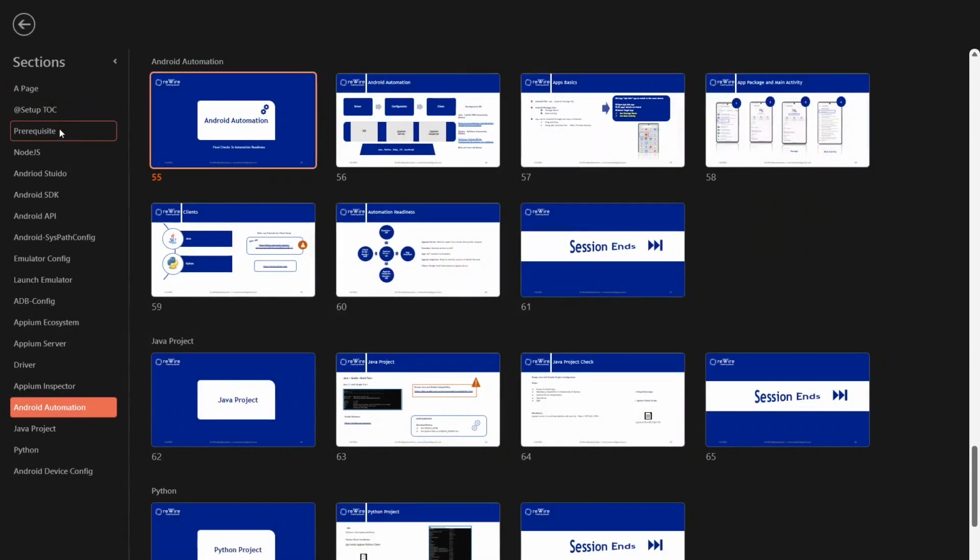So in this particular playlist, which we named Android setup POC, we have the prerequisites, for which we need to complete the setup related stuff, that is Node.js and Android Studio, which is related to the Android configuration, SDK, API, and system path configurations. These are the major ingredients for preparing the emulators as well to run, and we have to create the